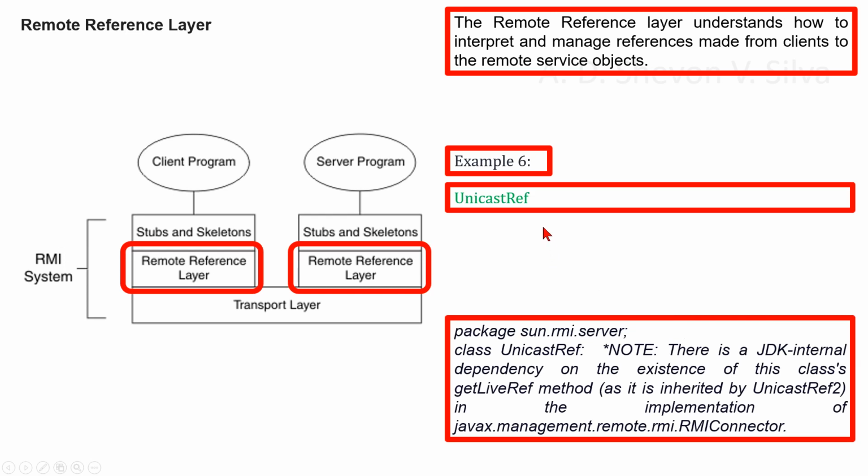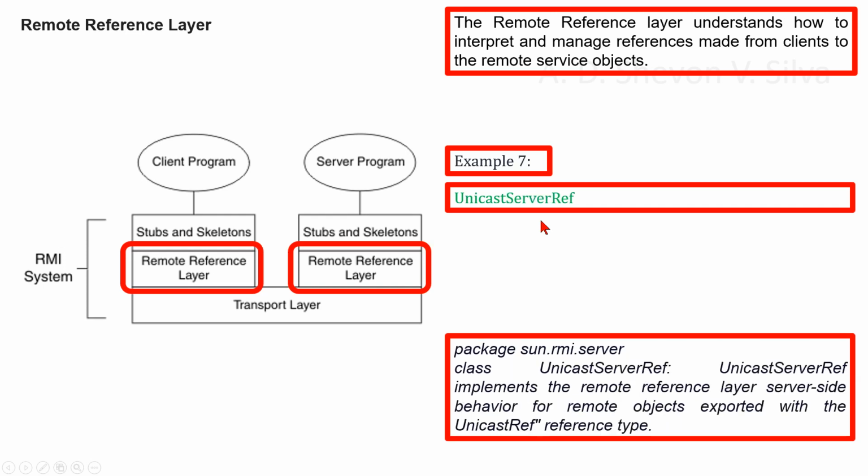Now we are considering class UnicastRef. Note there is a JDK internal dependency on the existence of these classes. The getLiveRef method is inherited by UnicastRef2 in the implementation of the javax.management.remote.rmi connector. This is in the package sun.rmi.server. Now we are considering class UnicastServerRef. UnicastServerRef implements the remote reference layer server-side behavior for remote objects exported with the unicast reference type. This is in the package